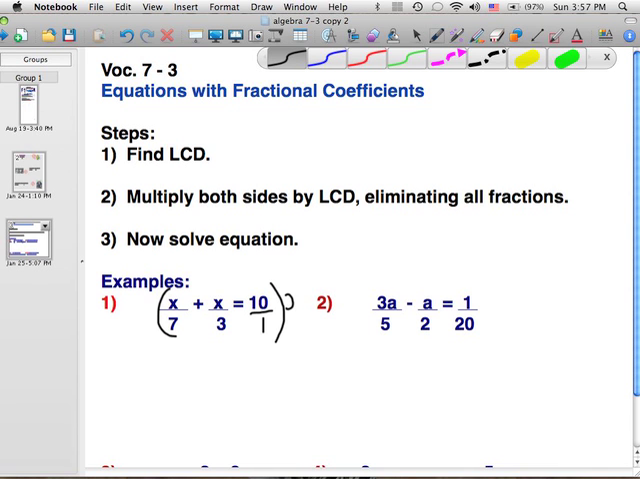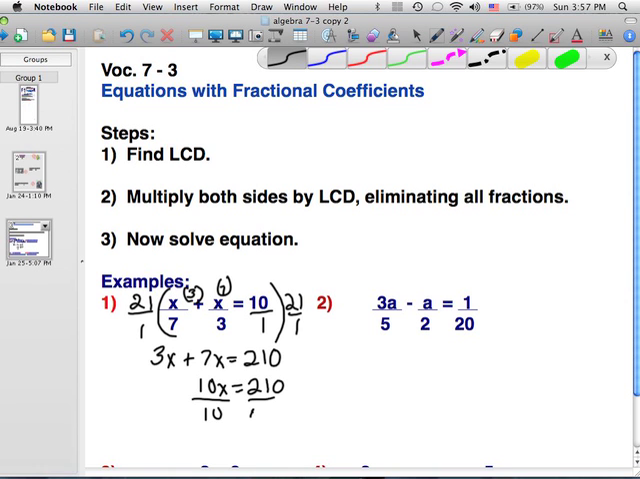So I'm going to multiply both sides by 21. 7 goes into 21 three times, so that gives me 3x. 3 goes into 21 seven times. That gives me 7x. And 10 times 21 is 210. Now I can collect my like terms, get 10x equals 210, divide by 10, and I get x equals 21,